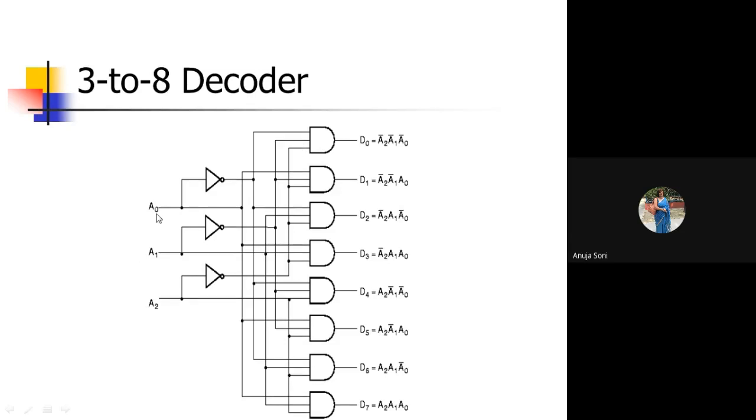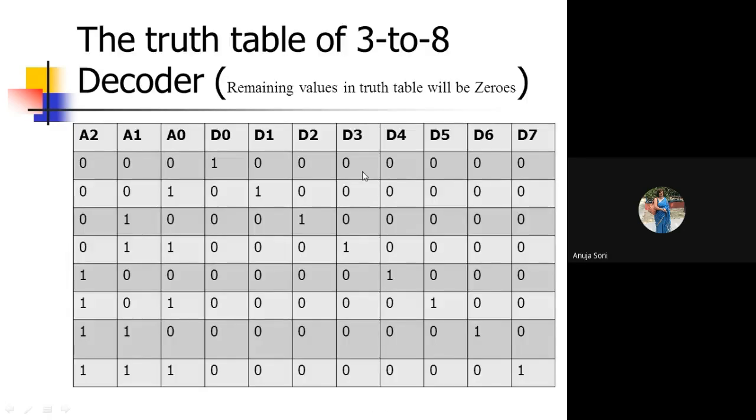Initially you have made A0, A1, A2, and you have written the 8 outputs, D0 and so on. You use that many AND gates. First of all 3 lines, and then 8 gates, as there are 8 combinations. You have written D0, D1, D2, D3 up to D7, and those gates. Now how are the connections to be made? You simply have to write down the formula here. From the truth table, where all inputs are zeros, it means A0 complement, A1 complement, A2 complement. That will become the formula for D0.